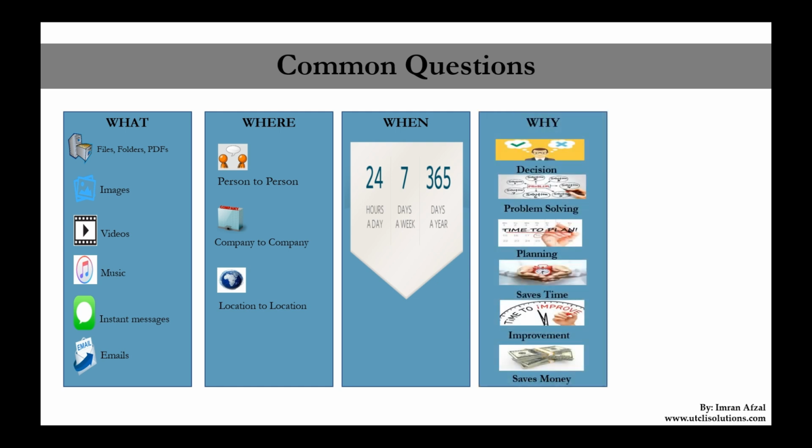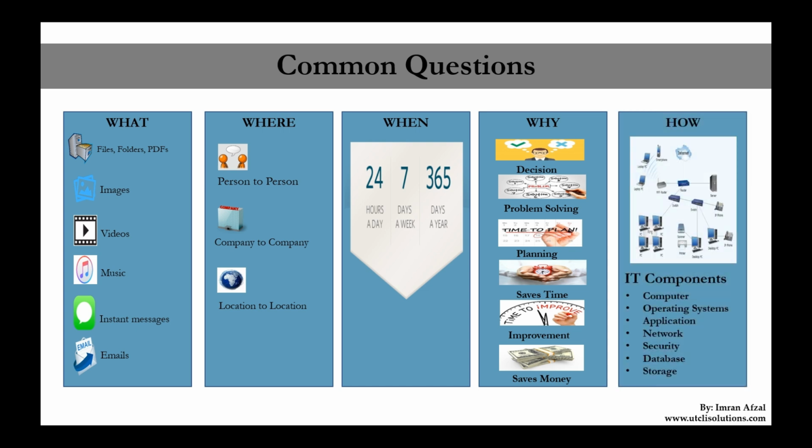Now, why are we sharing that information? That's a very good question. The reason we share that information, so you could have that information and you could make a decision, you could solve a problem, you could do some planning around it, and that could save you some time and make improvement to your system. And finally, you could save some money. So every company, every person, when they have some numbers, some information, they crunch, they massage those numbers, so they could make a right decision based on the historical facts. Everything is about information.